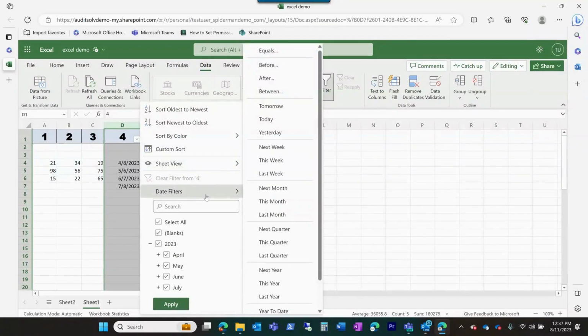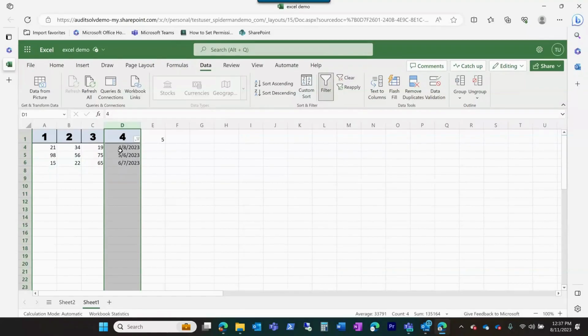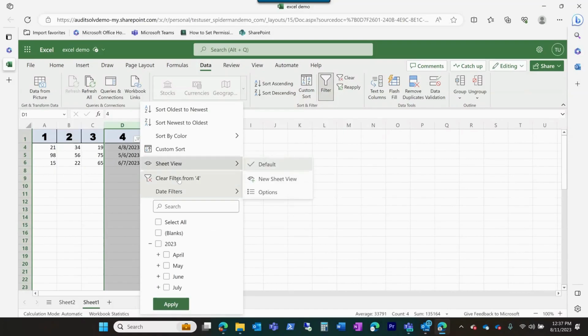And I go to Data, Filters. And let's go to last quarter. I click on that. It's going to give me the dates of last quarter. It eliminated the one from this quarter and all of the data associated to it. I can click again and I can clear